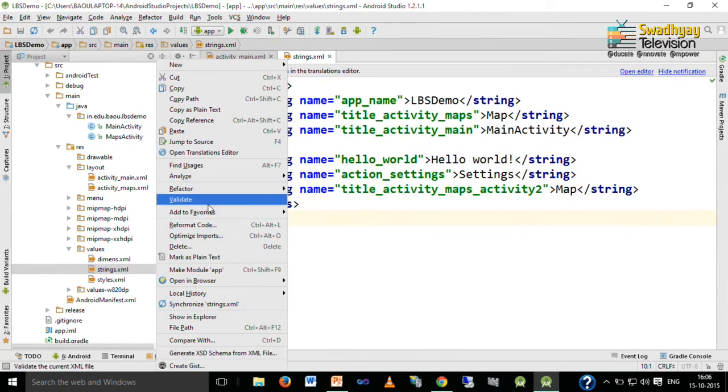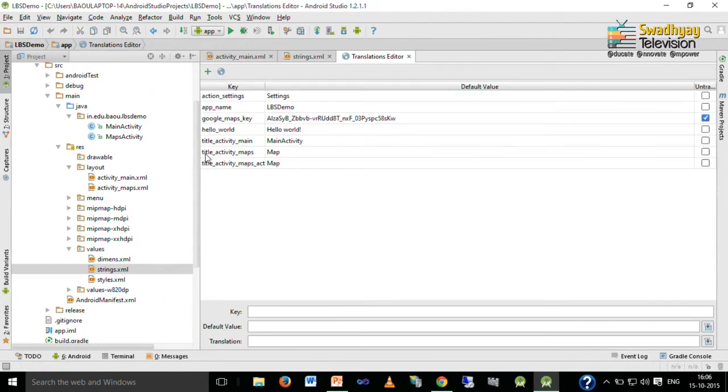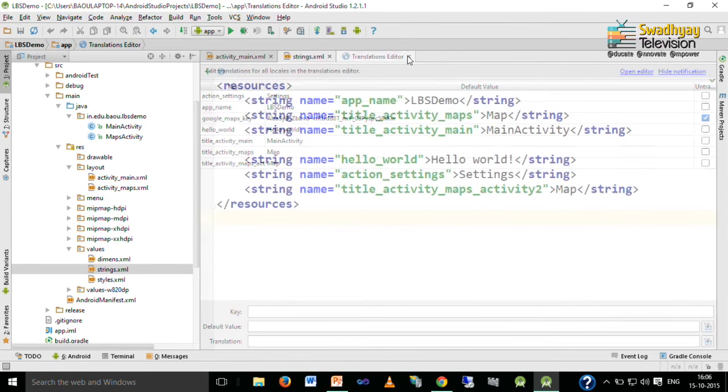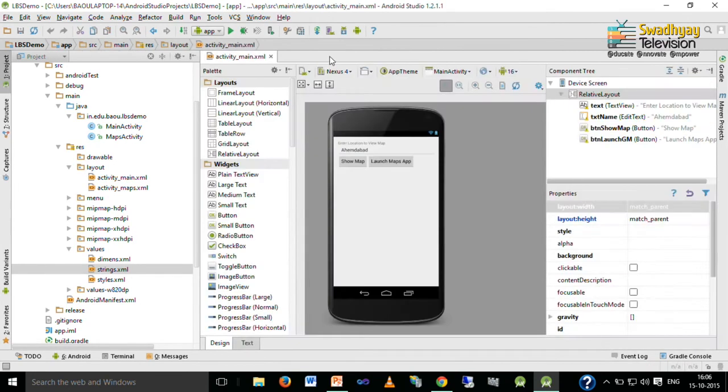If it cannot be displayed, you have to open the editor for adding this key, and then you can run your application.